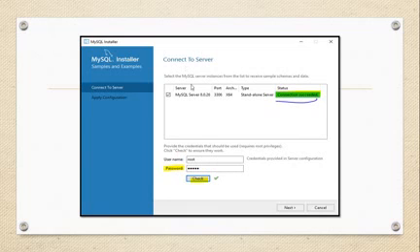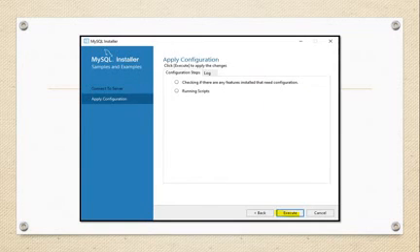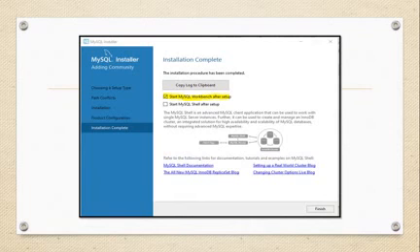So connect to the server. Here we need to use the root password, user and password as it is, and we need to click on the check button. When we click on the check button, we get the message connect success. That means we have successfully connected. Okay, so once we connected, we need to apply the rules and finish.